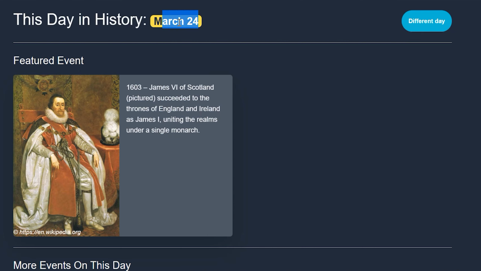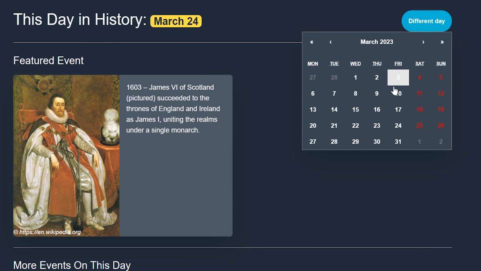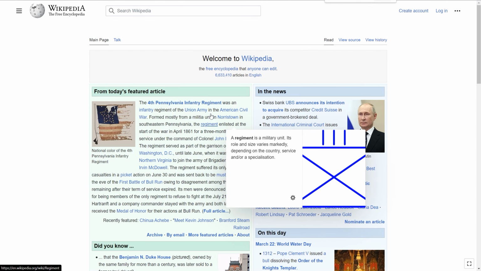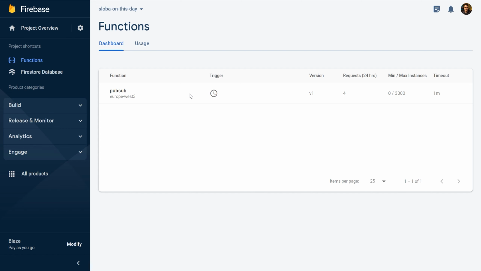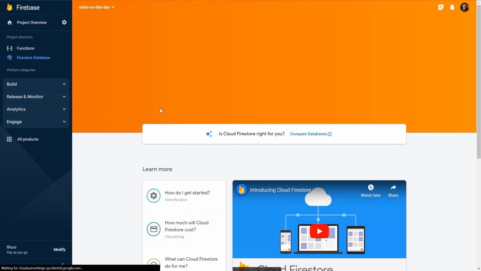Hi and welcome to this new React project. In this tutorial, we're gonna create this React on this day website. So first, we're gonna learn how to scrape web data using Puppeteer. Then we're gonna learn how to create new functions Firebase project and save all of that data inside of the